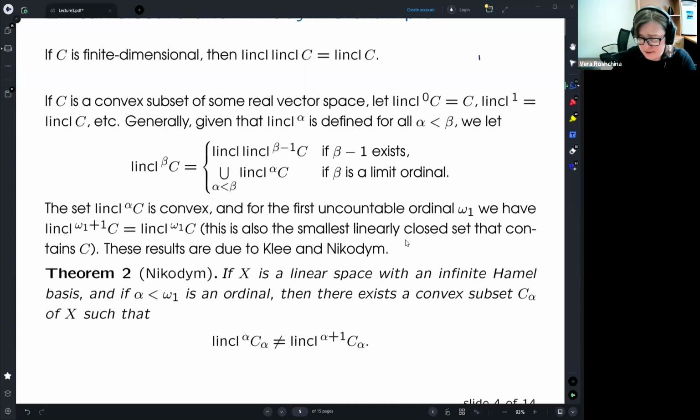And eventually, I think once you are in this setting, then that will be actually